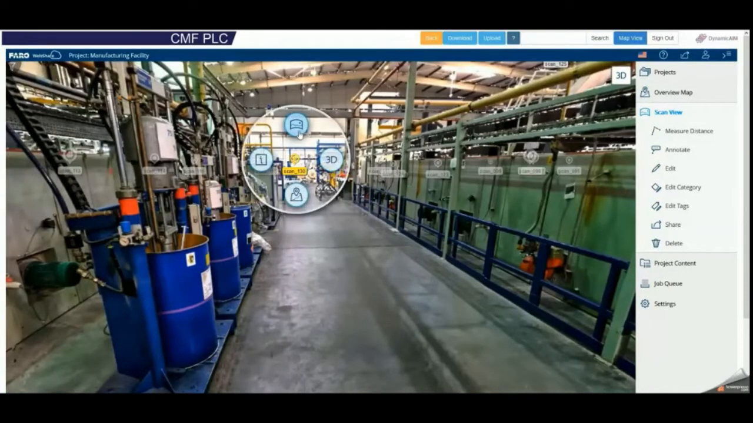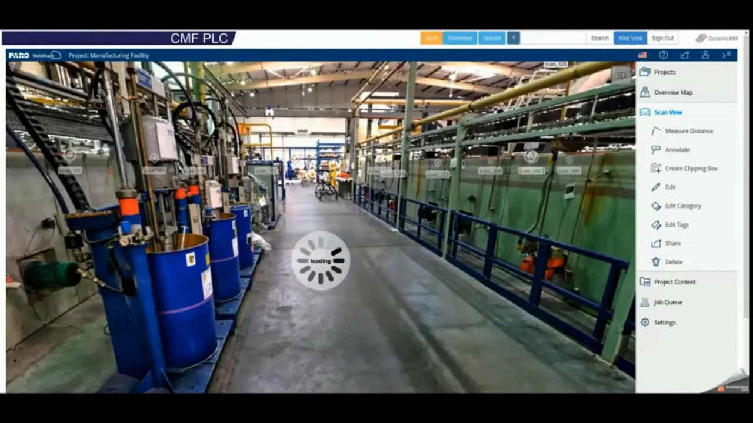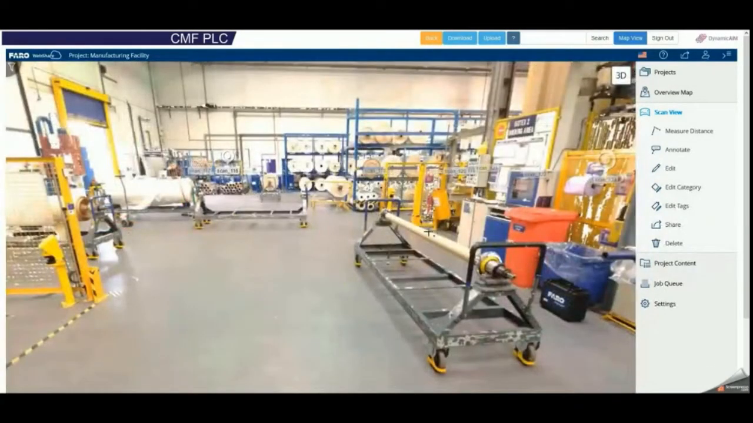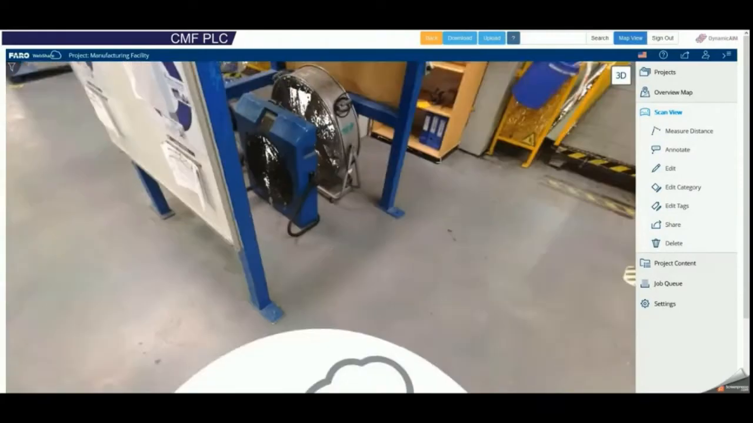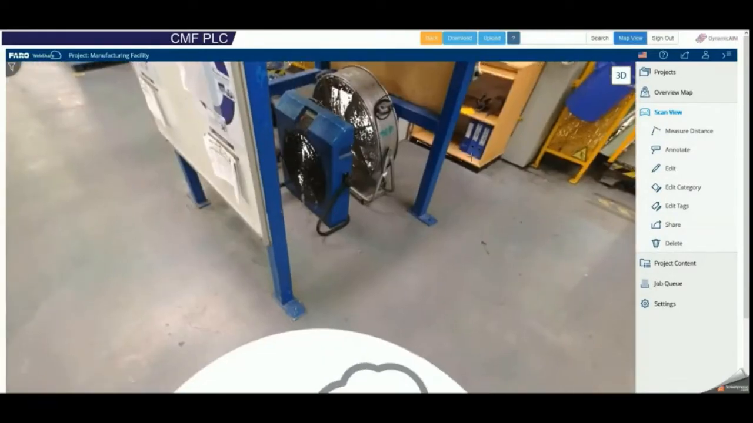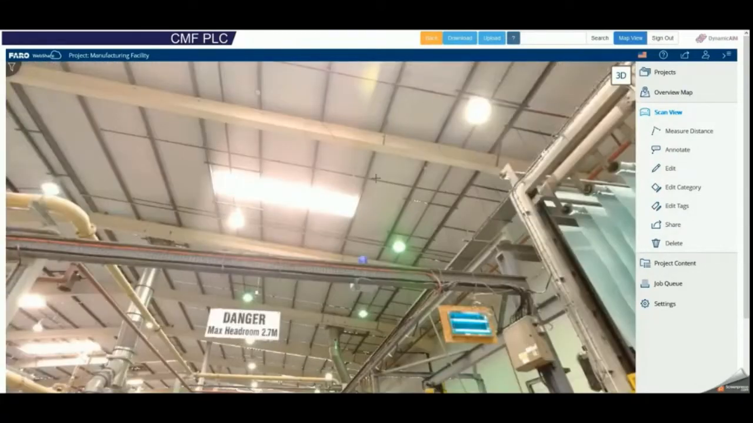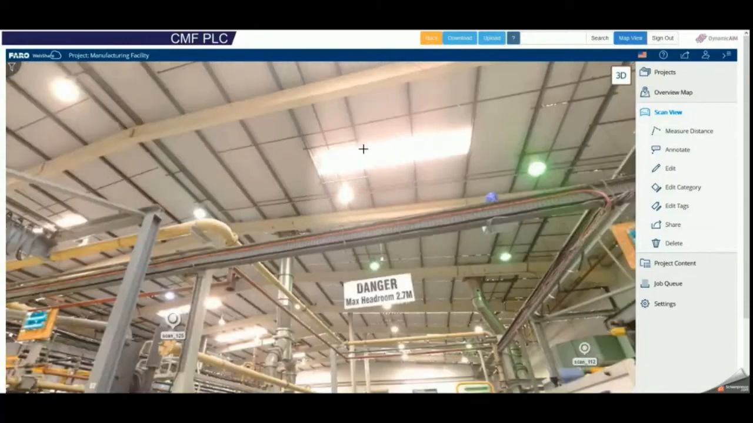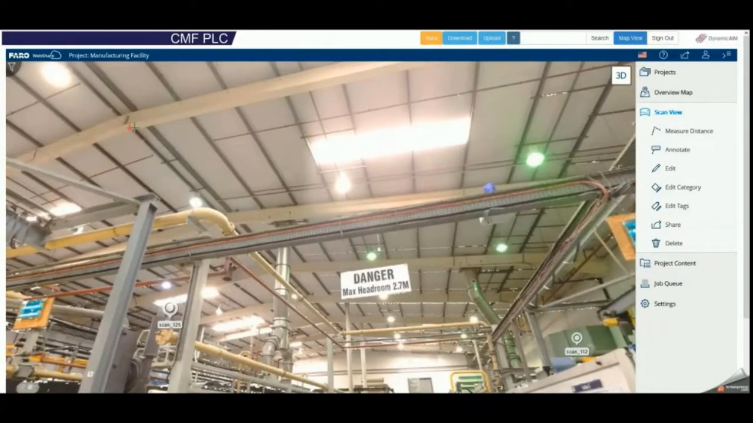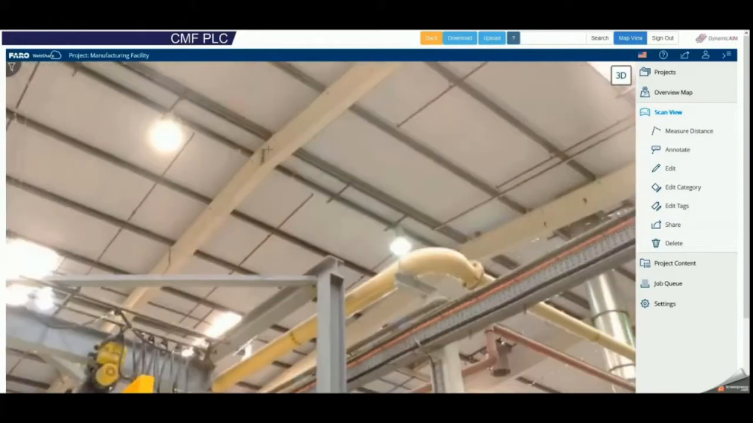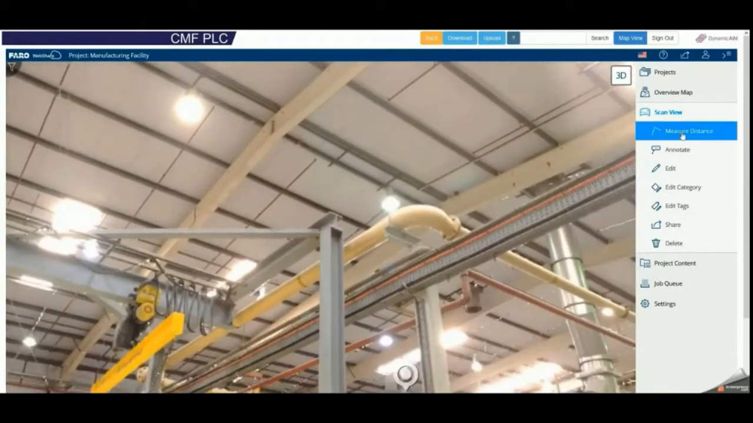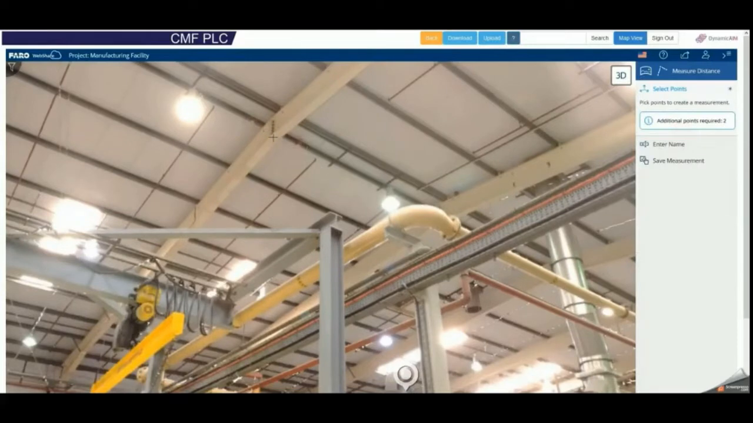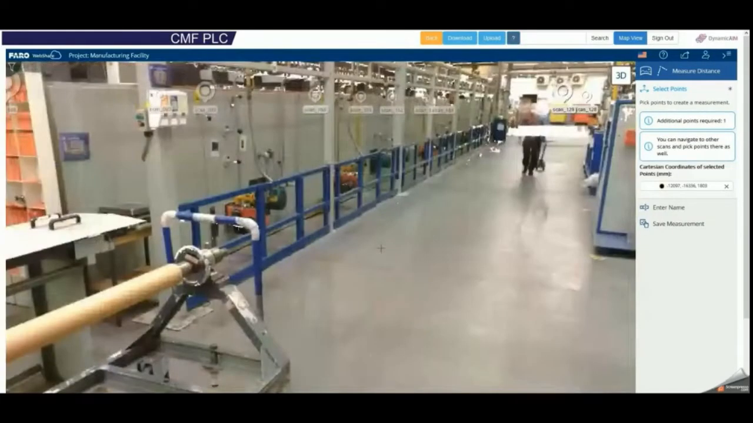So within here we could jump to different scan locations, start to look around the laser scan. We can also click and measure from here as well. So for instance, let's have a look. Let's measure something really high up. If I wanted to know the height of, for instance, this beam from floor level, I could click measure distance. So click once to here, click on the floor,